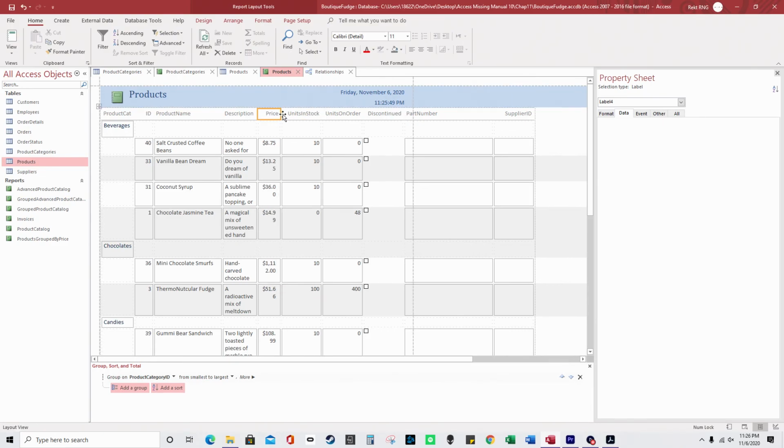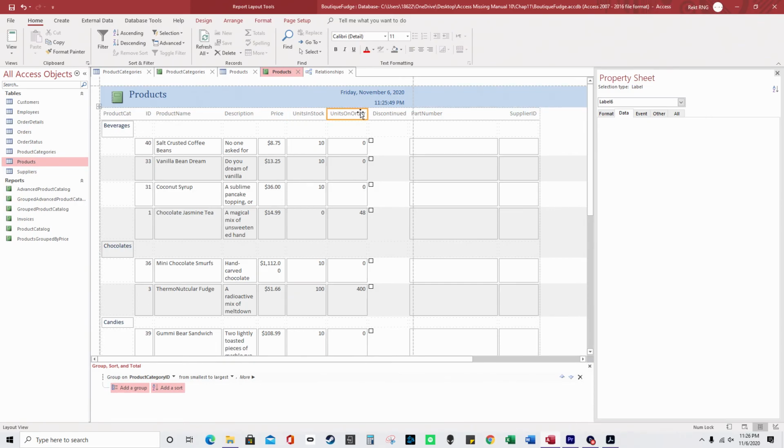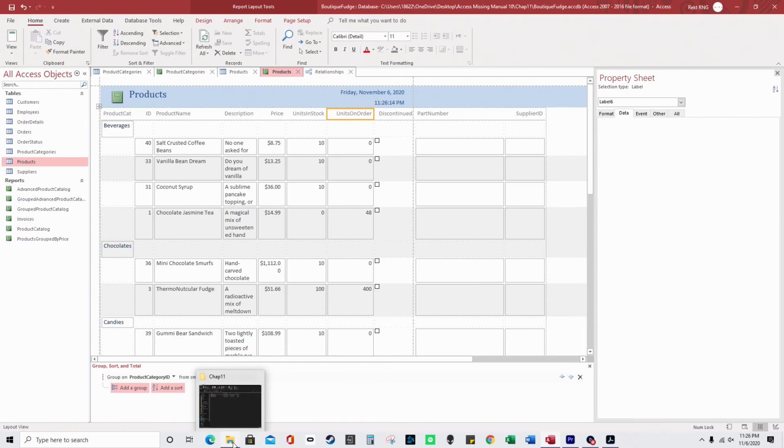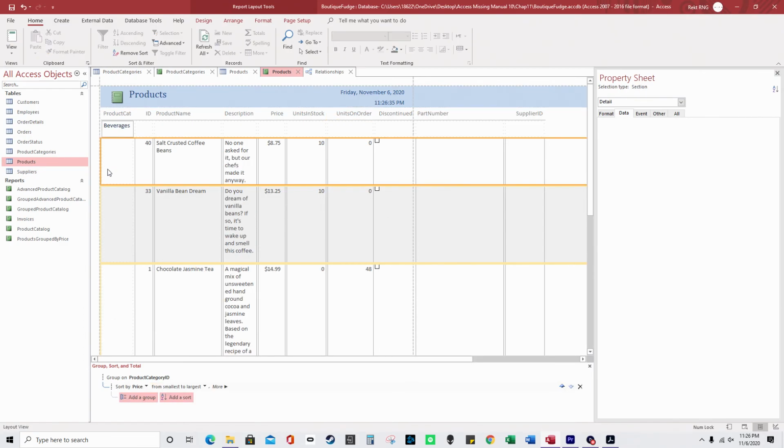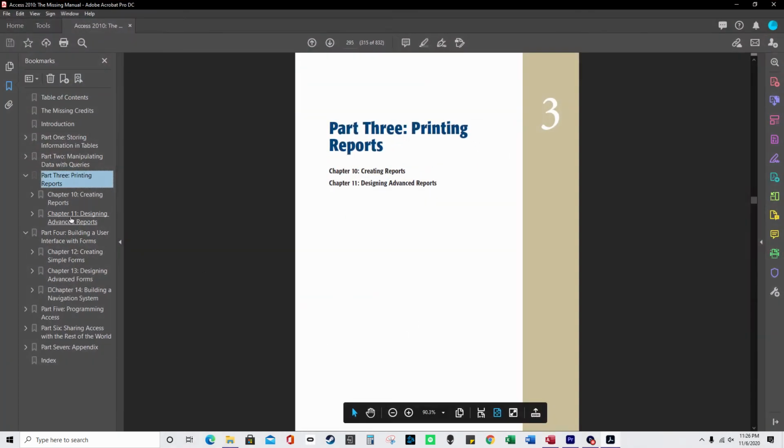Or you can just drag them all manually. I mean, once you have the report template set up, whenever you change data, it'll update in the report. And you can add a sort by, like, price. And I'm gonna go to, I guess,